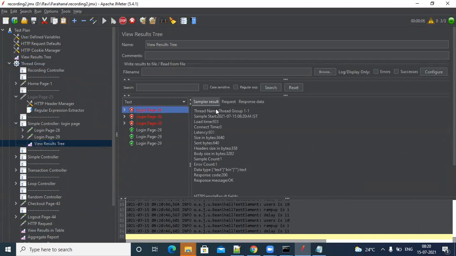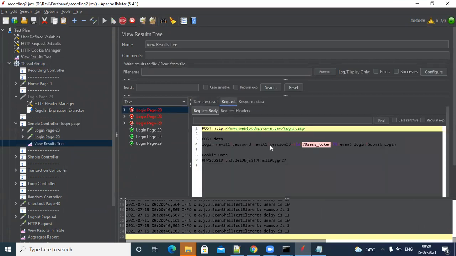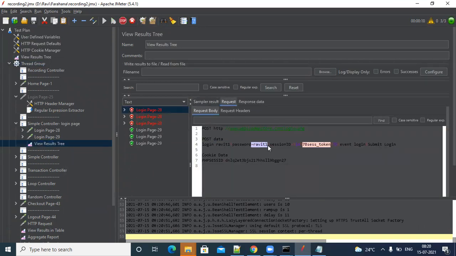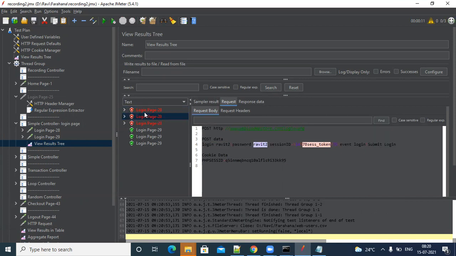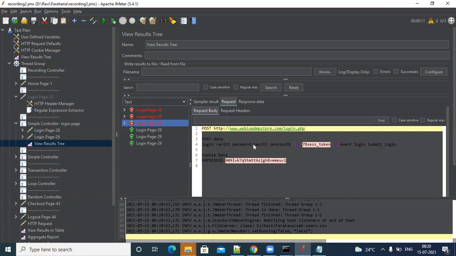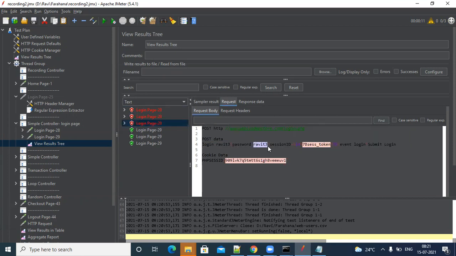Let's go to the request. Now see, Ravi T1, first user. And go to the second one, Ravi T2, and Ravi T3. See, it took 3 different usernames and passwords and passed them here.